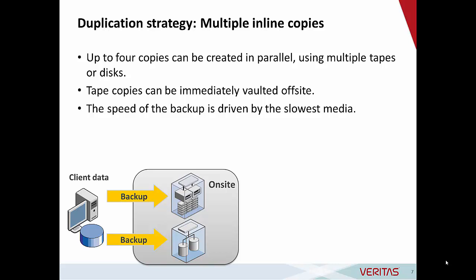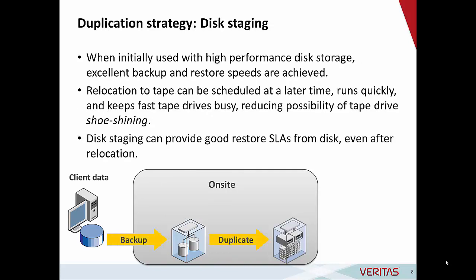Another duplication strategy is disk staging, where the backup is initially done to a disk device and then later on duplicated, in this example, to tape. Now this has a number of advantages to it. The backup performance and the restore performance should both be good if we're using high-speed disk devices. In particular, the individual file restore from a big backup image is much snappier from disk,